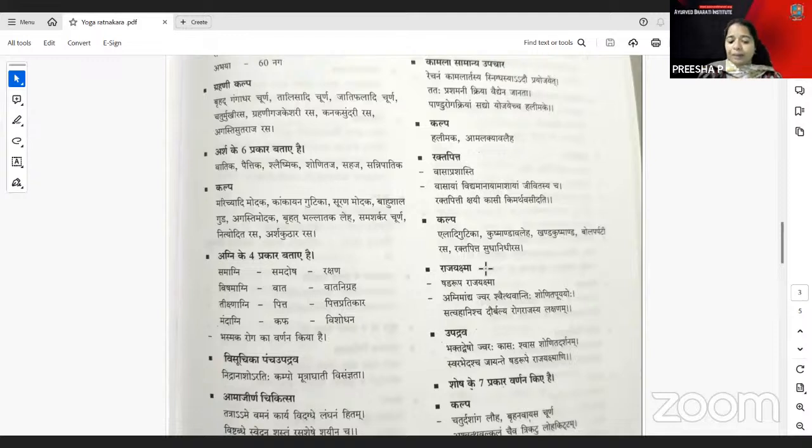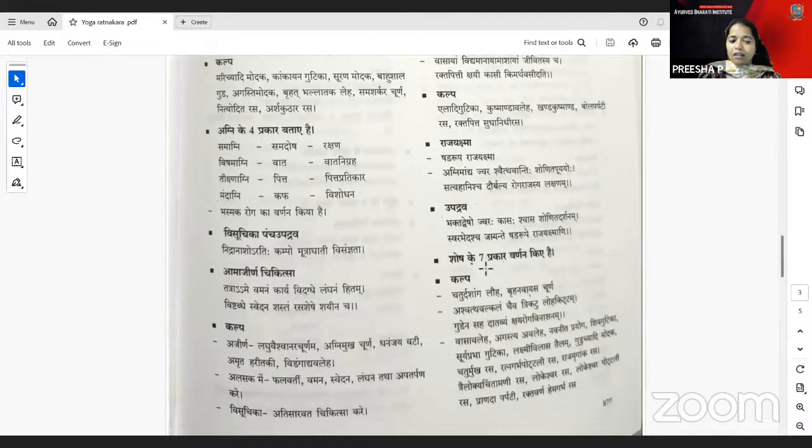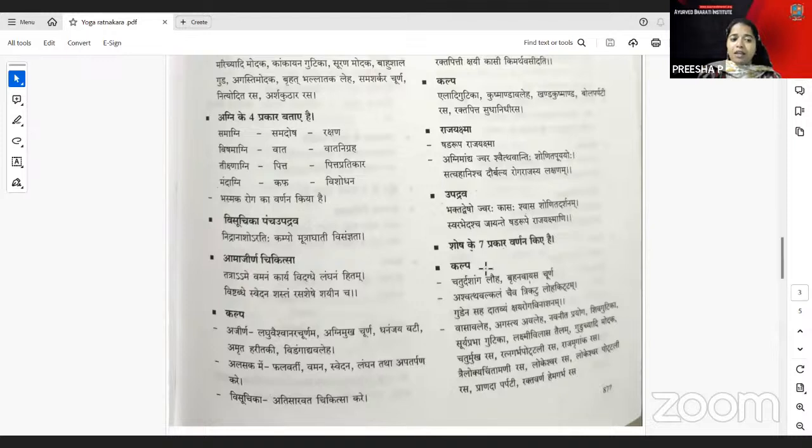The Visujika Panjobadrava is there. Here you have the Nidra Nasha, Arati, Kampa, Mutra Gadi, like that, which is mentioned. And you have the Amajirna Chigilsa, Vamanam Karyam, Vidagde Langanam Hitam, which is mentioned. And you have the Ajirna, Alasaka, and Visujika. For Ajirna, you have the Haridagi and Vidangadya Leha. For Alasaka, it is Palavarti, Vamana, and the Svedana aspects which are mentioned.